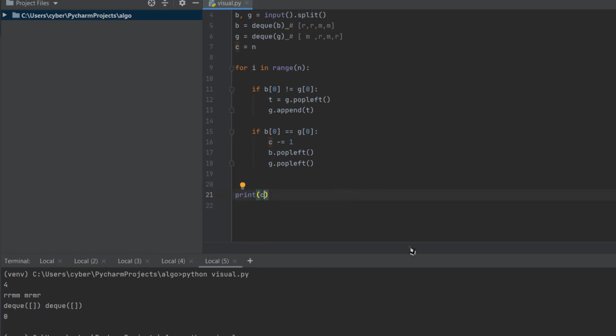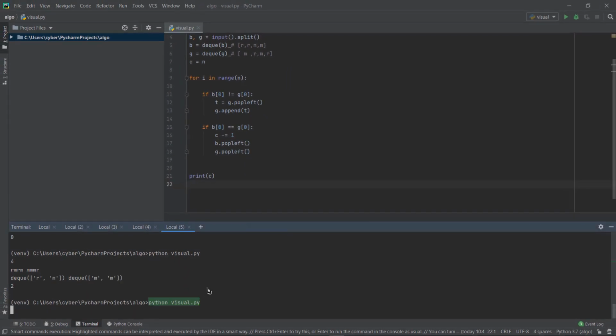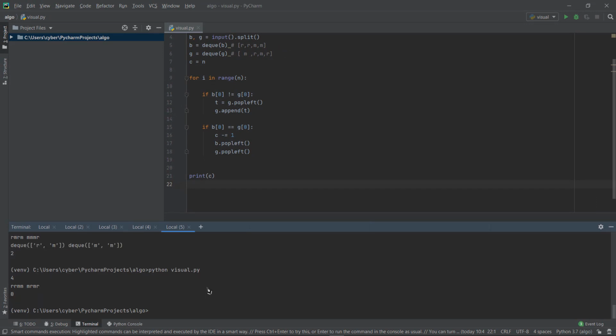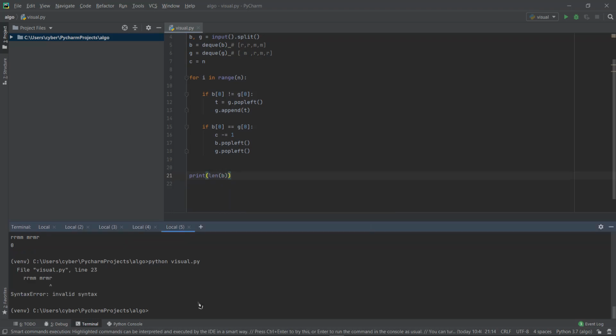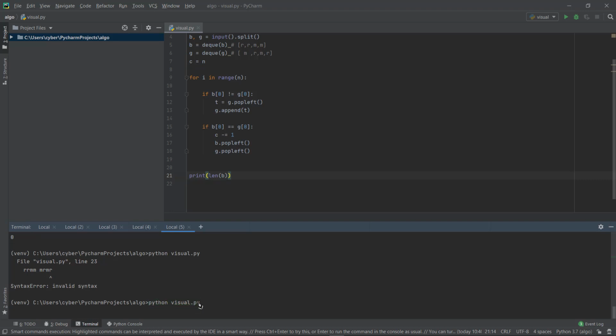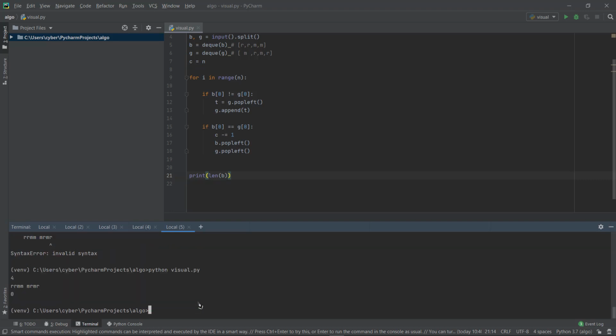Either when we print the C, when we run our code, let me just paste our input here, and it simply ran and printed 0 here. But we can also print the length of anything, like len of either b or g, it is going to be the same, and the len of b or len of g both are going to be the same. So if we run the code again and input the same, it is going to print 0. So this is how our code is basically going to work,